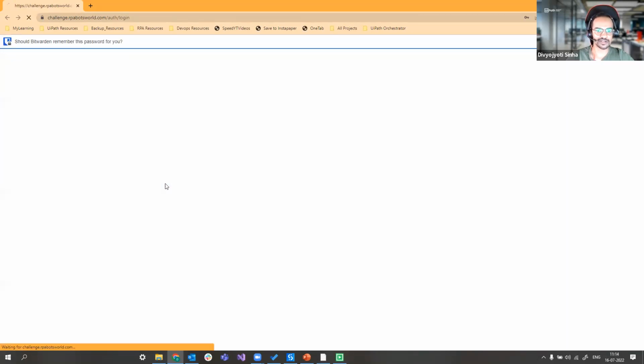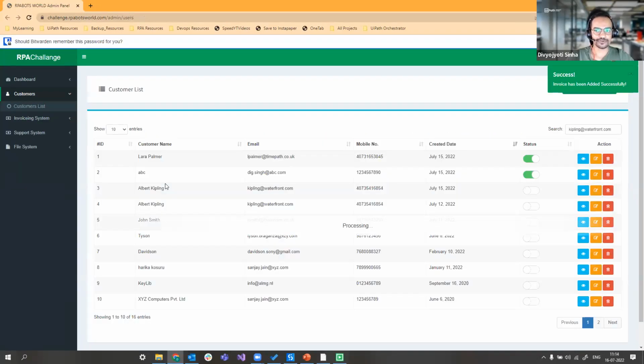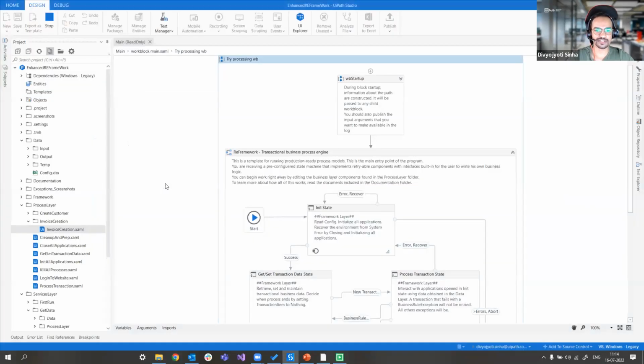Right now, you can see under task 1 in the init block, it has logged in the application. It is going to navigate into customers list. It is going to search for the email ID of the customer. This is the message box I was talking about. The customer exists has been found, and hence it is going to bypass this process and go into the invoice